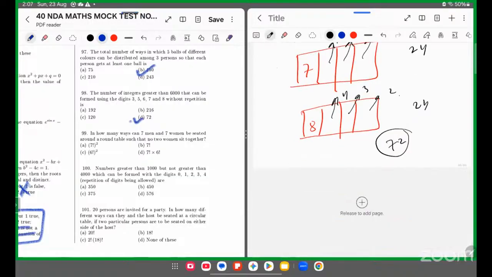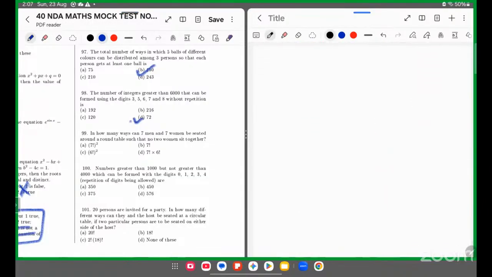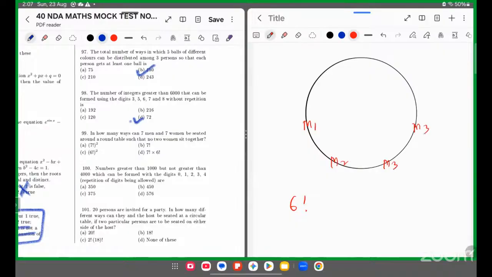ऑप्शन डी। फिर इन हाउ मेनी वेज कैन 7 men sit around a round table such that no two women sit together। तो वुमेन की बात बोली है, तो हम पहले मैन को बिठा देंगे, 7 men। तो 7 men का बिठाने का तरीका, अभी सर्कुलर में है तो 6 फैक्टोरियल, तो मैंने बिठा दिया M1, M2, M3, M4, M5, M6, M7, 7 men है तो उनके 6 फैक्टोरियल वेज आ गए क्योंकि सर्कुलर है।